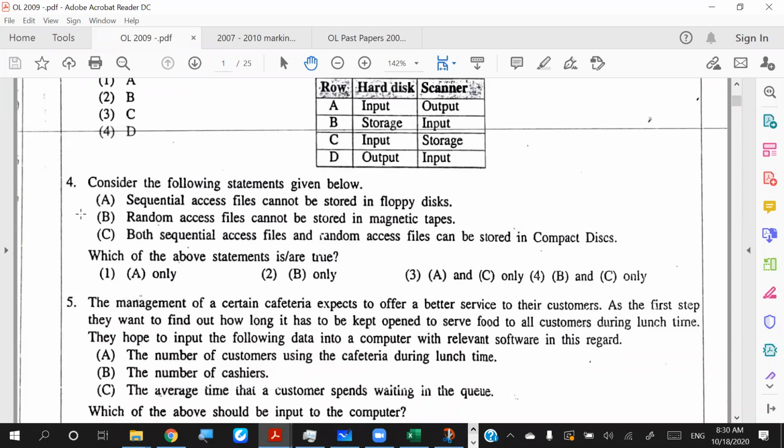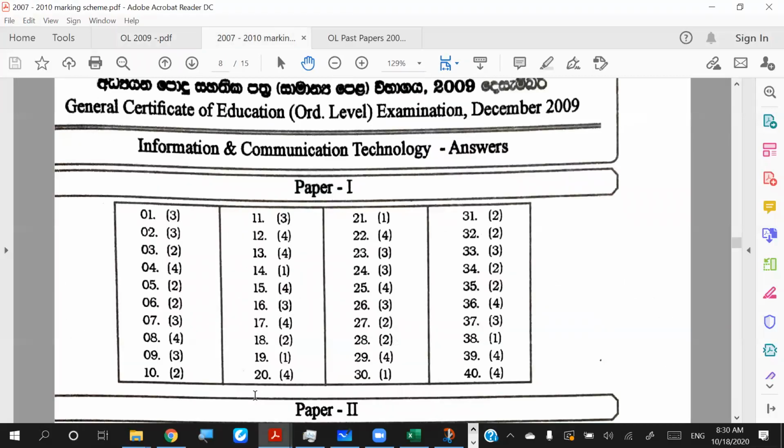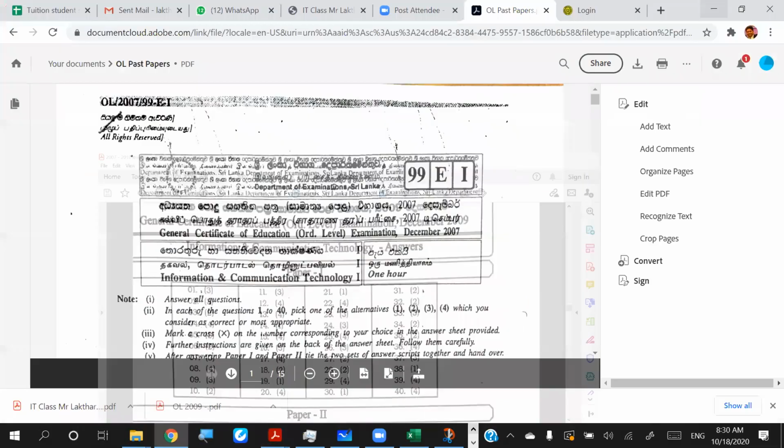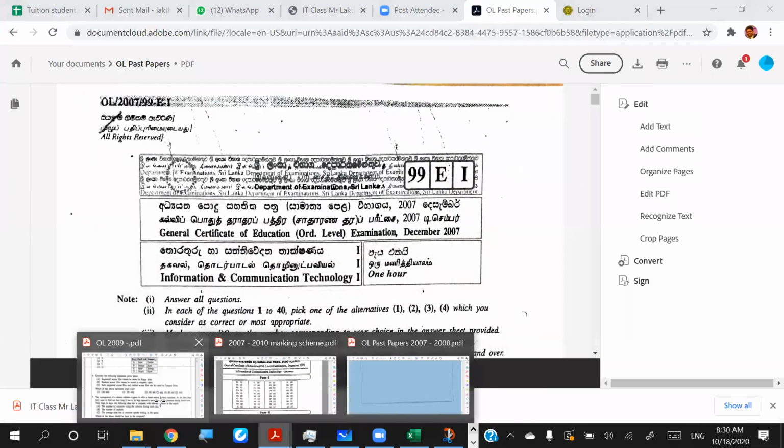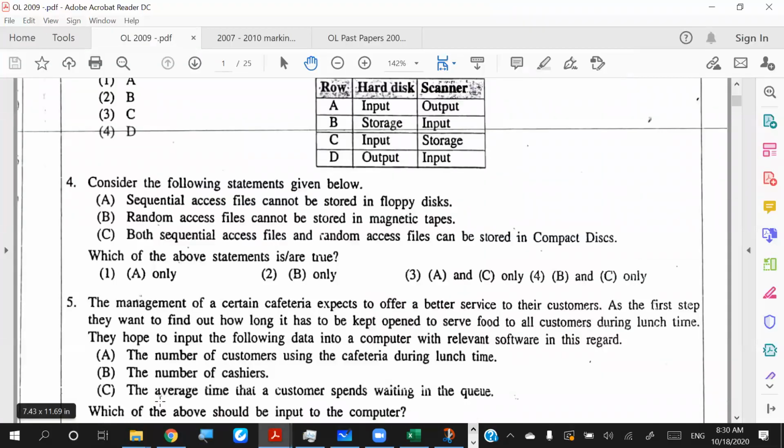So for the fourth one, what was the answer that they have given? The fourth, B and C only. But still you can go for C only as well. That means you can't find the answer in here, right? So yeah, Lalindi, what was the answer that you went with? It's the fourth. Yeah. Himanadi.